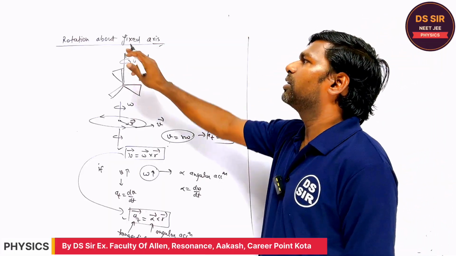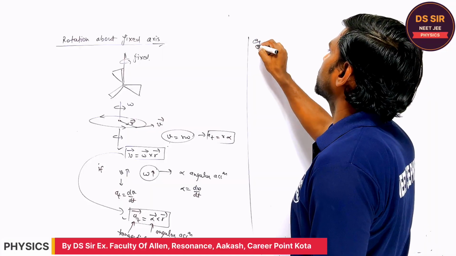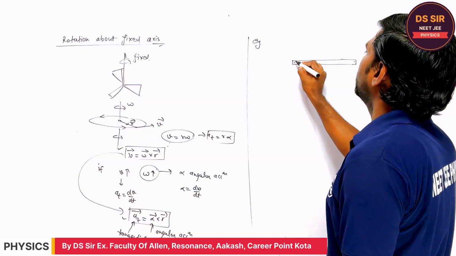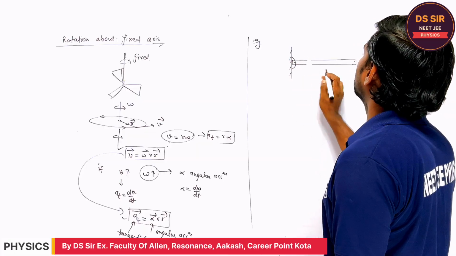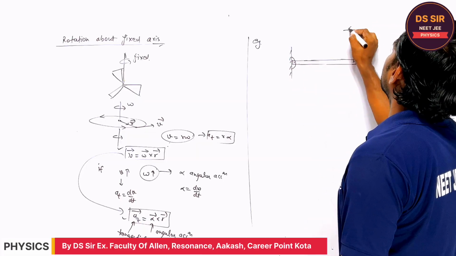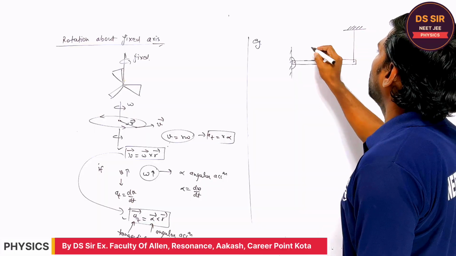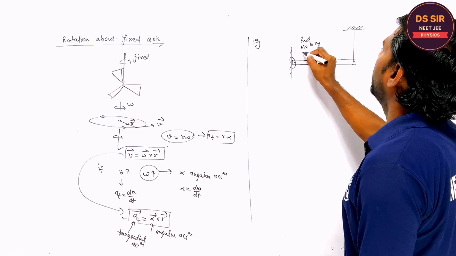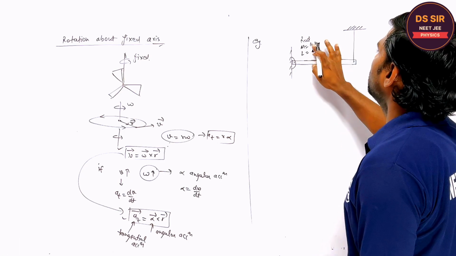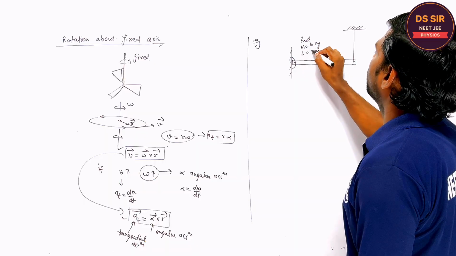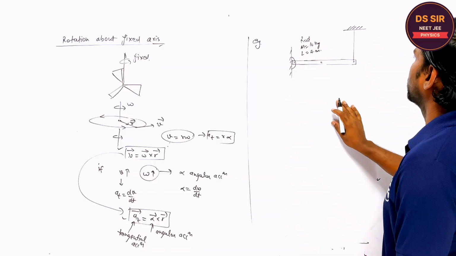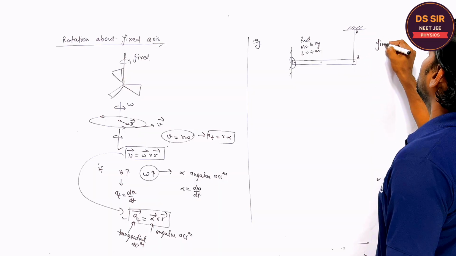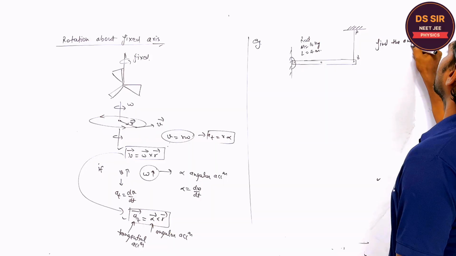So now we will try to understand the rotation about a fixed axis with a few examples. For example, we have a rod, and it is hinged over here, and it is connected to a string like this. This is the rod of mass 10 kg, and the length is 4 meter. Is it clear? It is hinged over here. So this is string AB. Find the angular acceleration